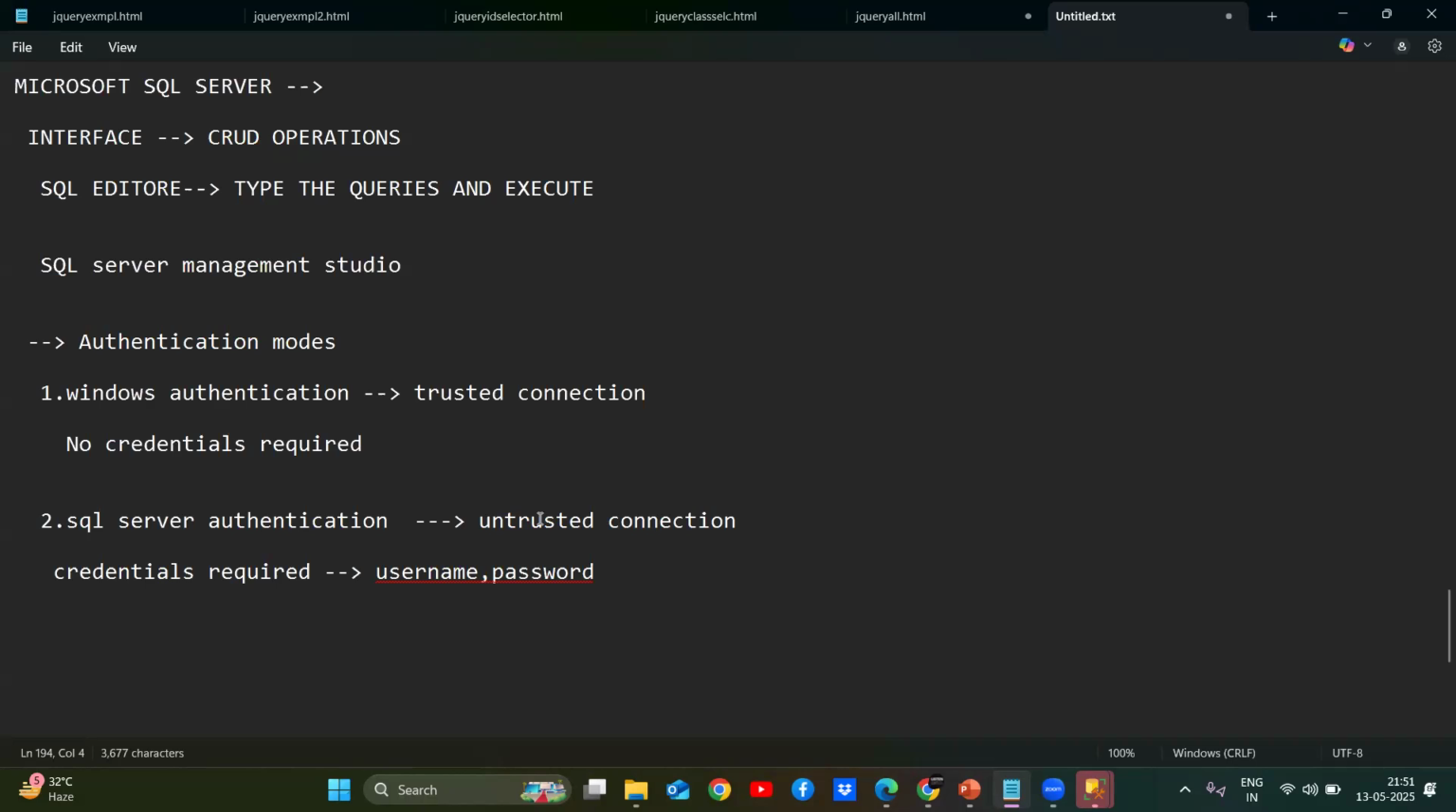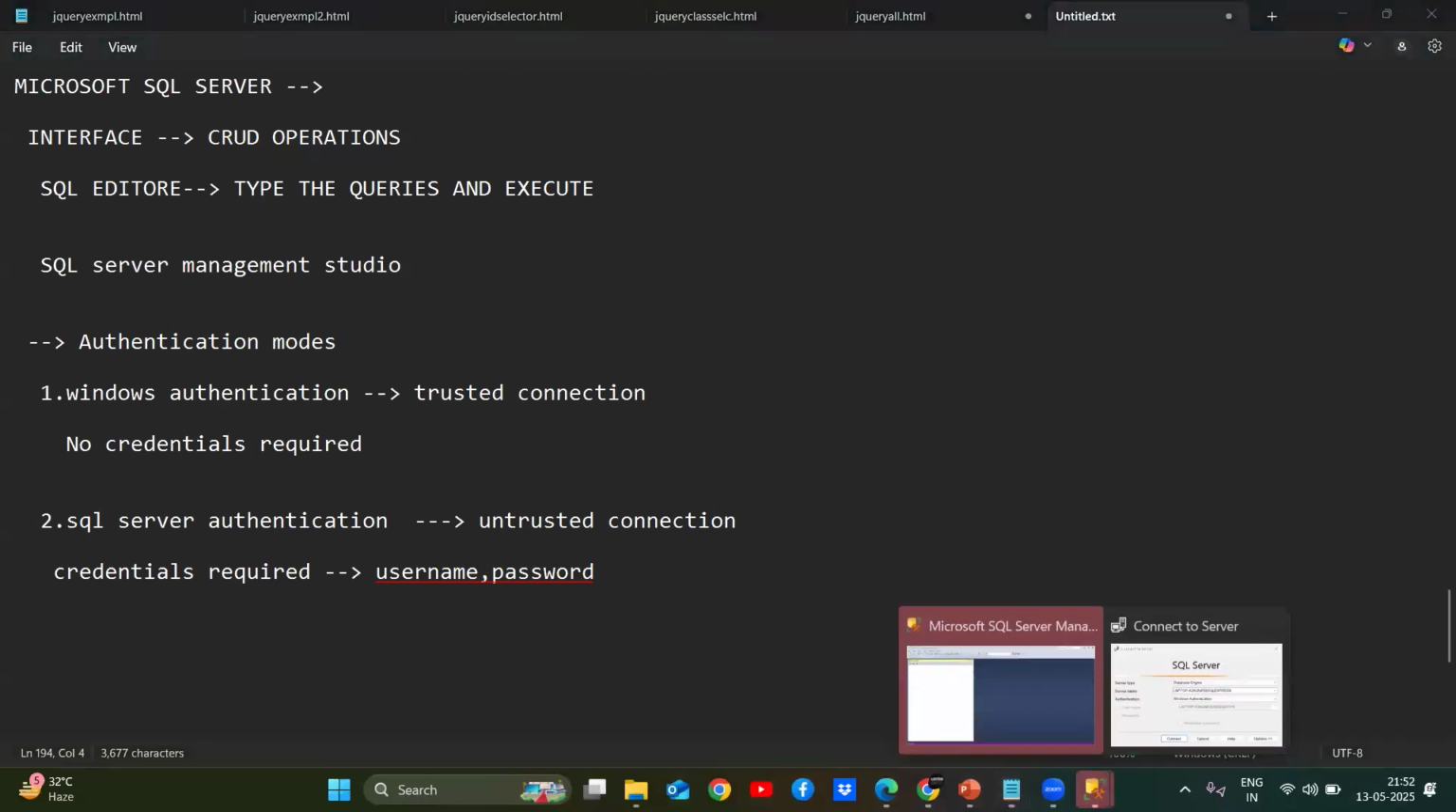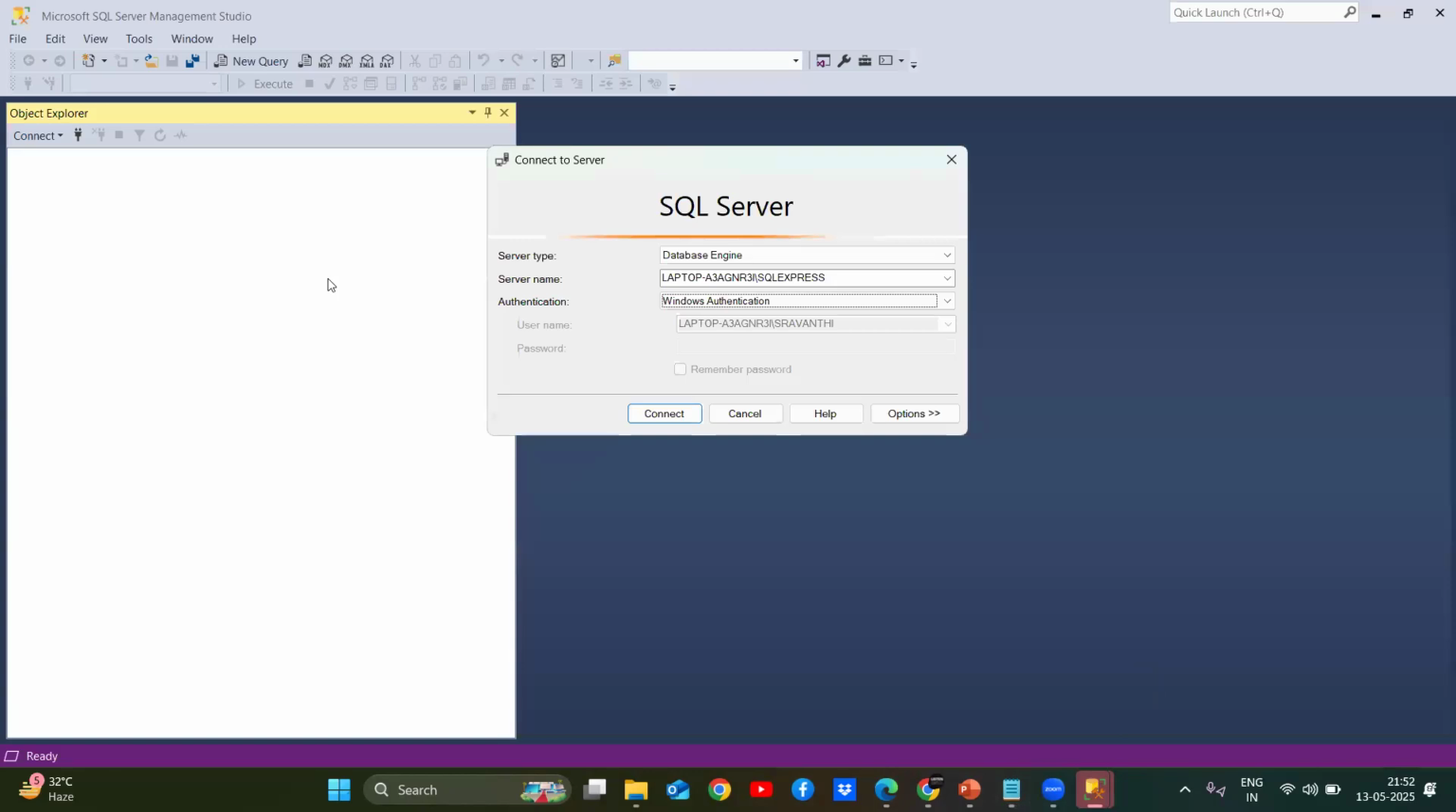What about the untrusted connection? If any user knows the username or password of your SQL server, there is a chance that they can modify your data. If there is any chance of leakage of the username and the password, then there may be a chance of leakage. So that is the reason when you are opening this SQL Server Management Studio here, by default